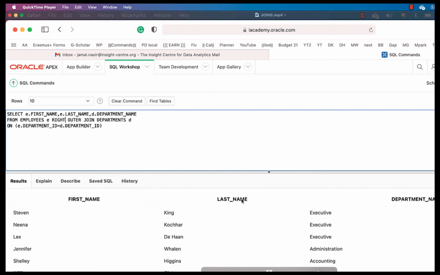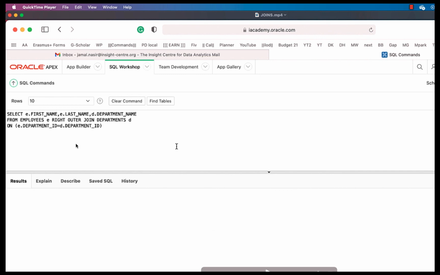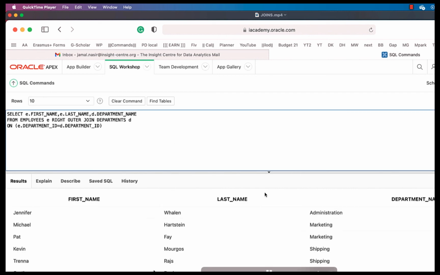Now this right outer join means we require data from the departments table that is matched with the employees table, and that is not matched with the employees table. So technically we are getting all the complete data from the departments table when we use right join, matched and unmatched.